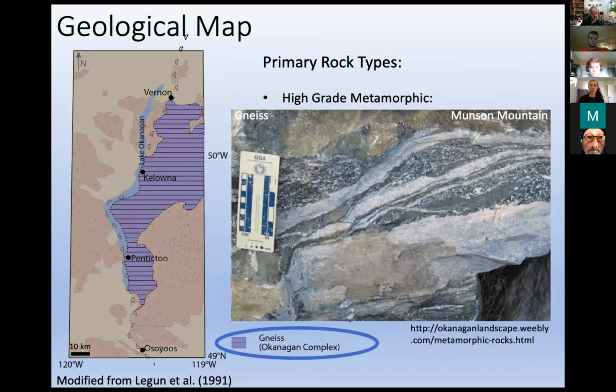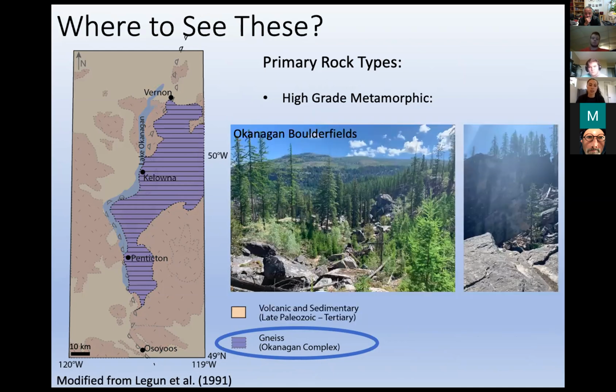I'm going to start by focusing on this purple unit that you can see to the east of Lake Okanagan here, which is basically the Okanagan complex of gneisses. Ages for this unit have been proposed from Precambrian to Eocene, so a fairly wide range. This unit is primarily gneiss, so high-grade metamorphics. Here's an example from Munson Mountain, which is near Penticton. I'll go through a few places that you could go if you wanted to see some of